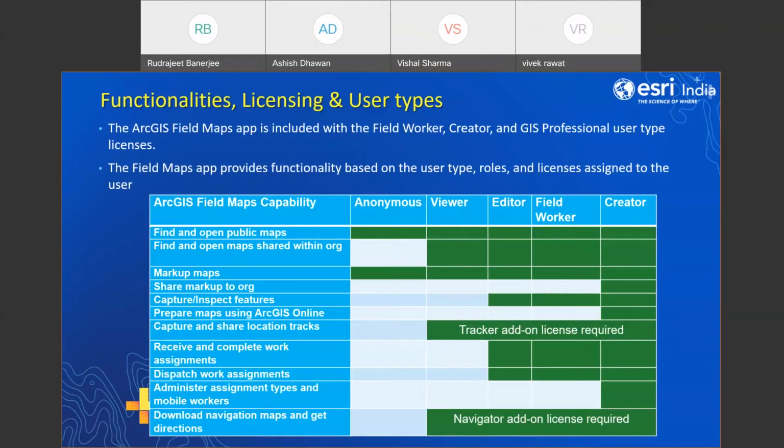So we have tried to simplify that as well. People who are going to just view the maps don't need any additional license. You can directly start working with your ArcGIS Field Maps. But if you would like to do tracking, or navigation, where you want to move from one location to another and use the navigation maps, which is also a part of the ArcGIS Field application,